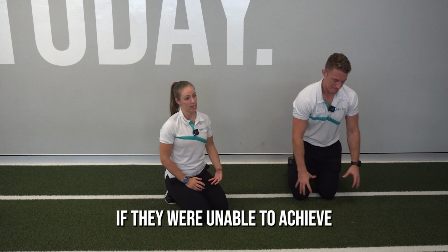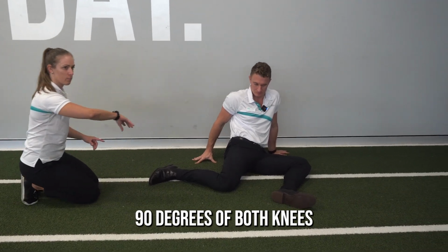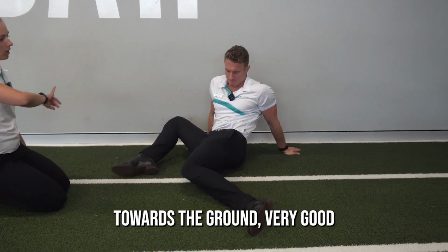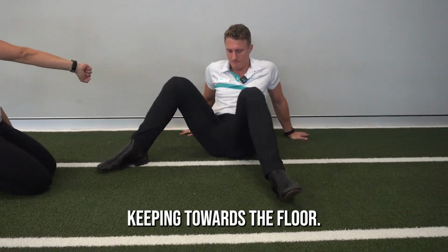If they weren't able to achieve 45 degrees of internal rotation, we're going to do a dynamic hip 90-90. Perform the exercise with 90 degrees at both hips, and then Mitch is going to slowly push both knees towards the ground. Very good. Alternating sides. Good. And we're going to go 5 repetitions each side, really trying to push our hip in towards the floor